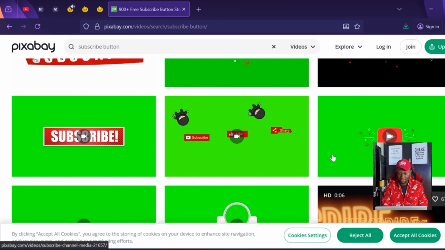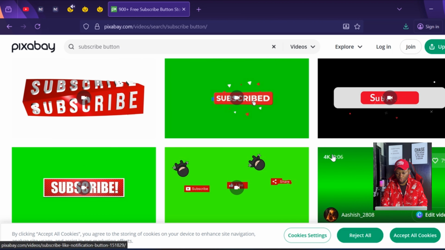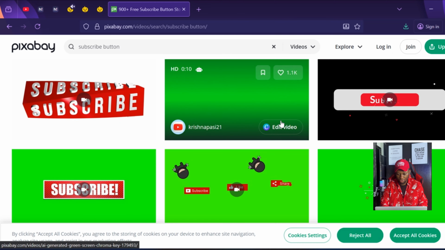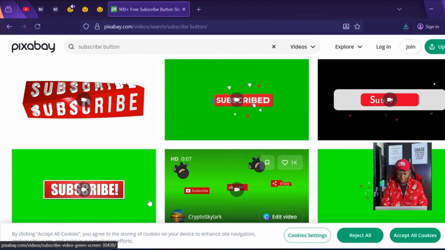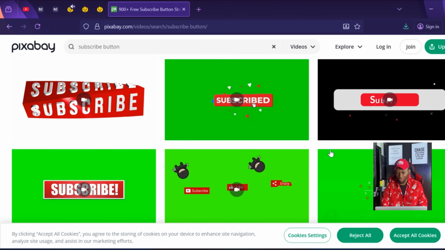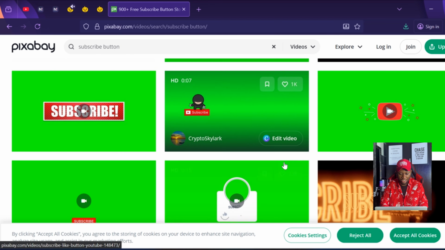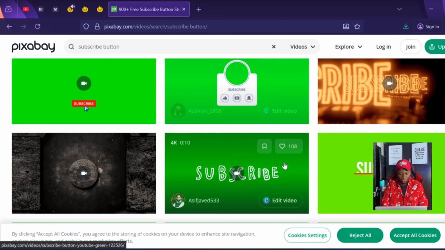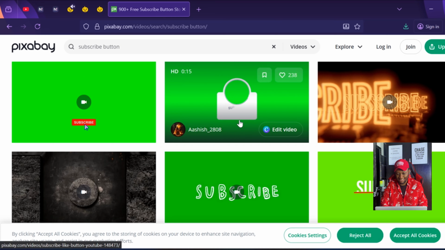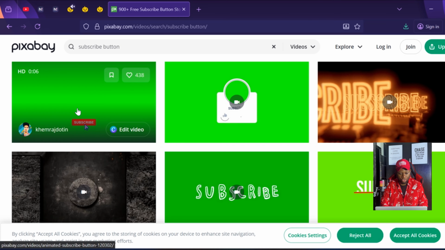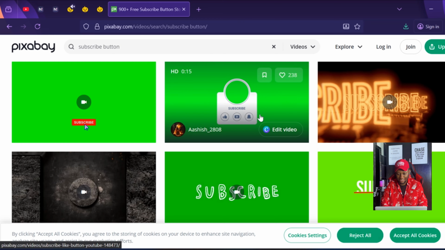So one thing that you need to do is to make sure that you actually download the ones that are having green screen, like this green section background around it, because if you download the ones that do not have the green section around them, it's not going to work. So make sure that you just look around and look for the ones that you actually like, because you can see that there are different types on this website. So just look for any one that you like and then download them,